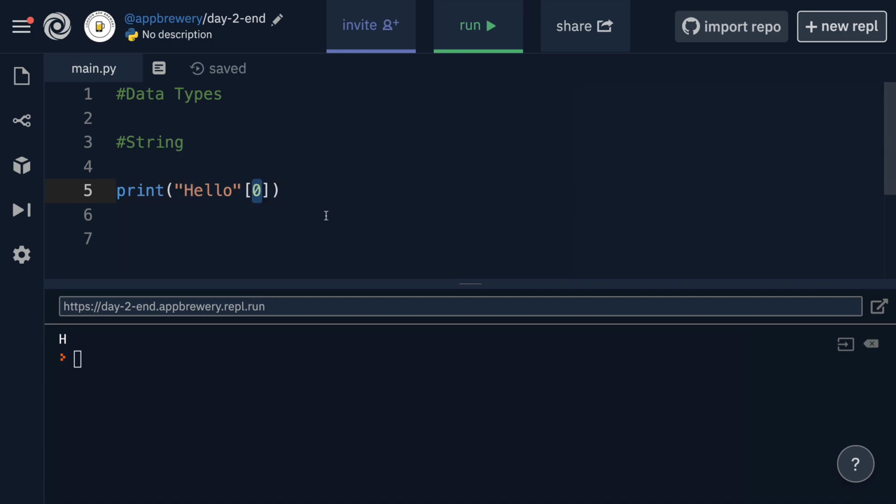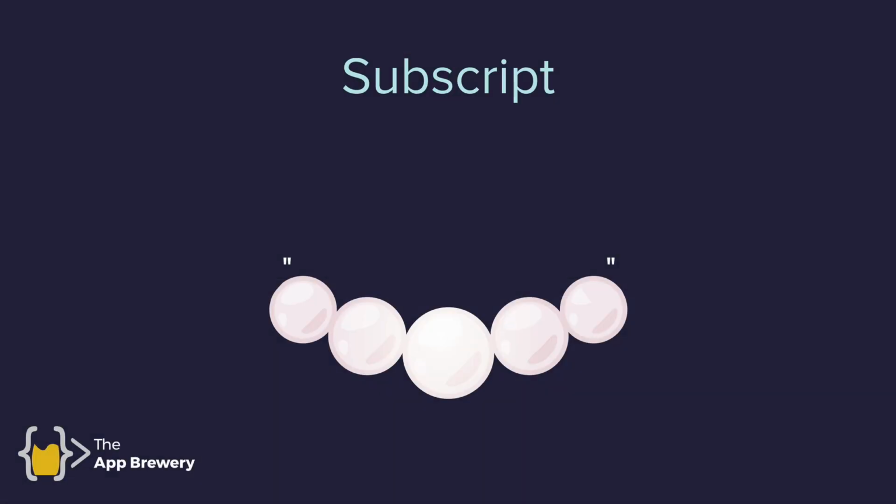And it's really important to remember that programmers always start counting from 0 because we work with binary, zeros and ones. So whenever you want to get hold of the first character or the first of anything, it always is at 0. This method of pulling out a particular element from a string is called subscripting. And the number in between the square brackets determines which character you're going to pull out. It just goes up from 0 to 1 to 2 and so on and so forth. So whenever you get a result that's just off by 1, remember to check whether you've started counting from 0 or from 1.